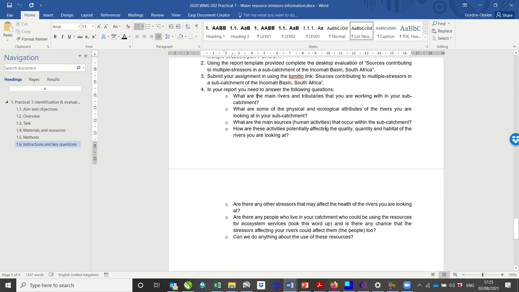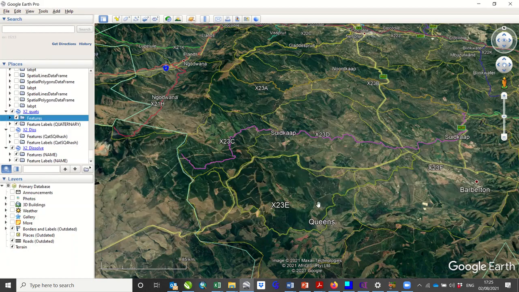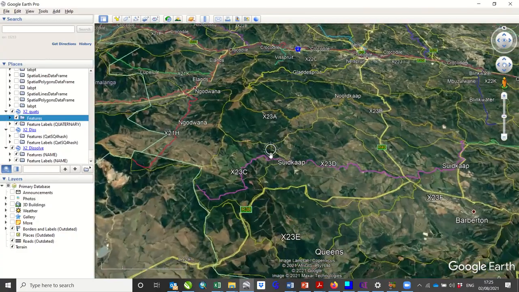Then, what are the main sources or human activities that occur within the sub-catchment? This is the main part of the exercise. So I